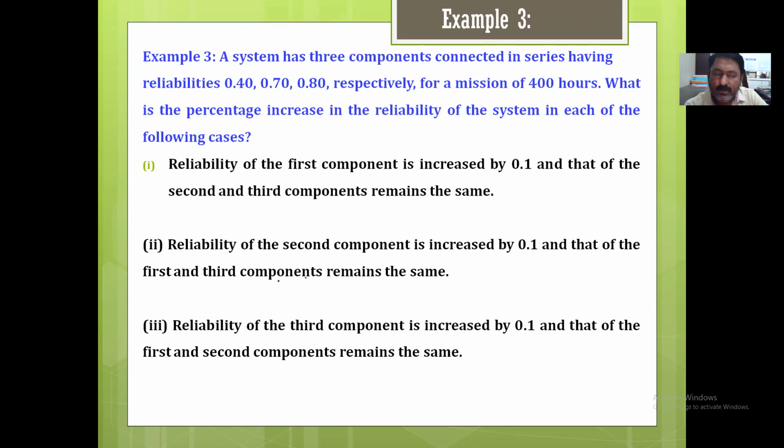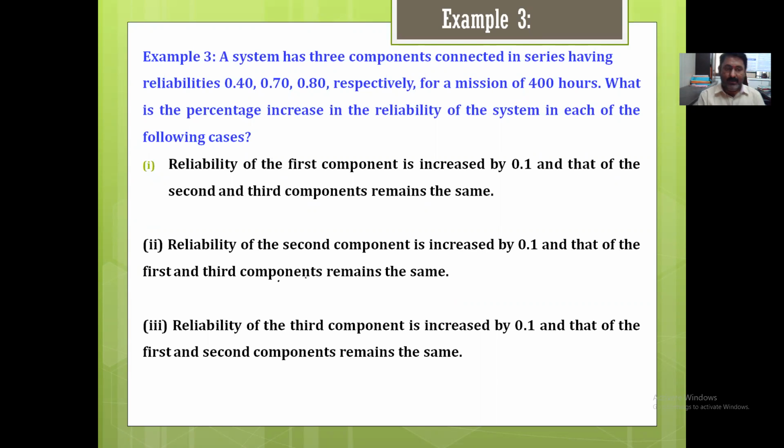Very good afternoon. We were discussing numericals related to system reliability, specifically on series configuration. Two simple numericals we have already discussed, and let us move toward the next numerical. We will discuss one more numerical for series configuration, and then we will go for the next part, that is